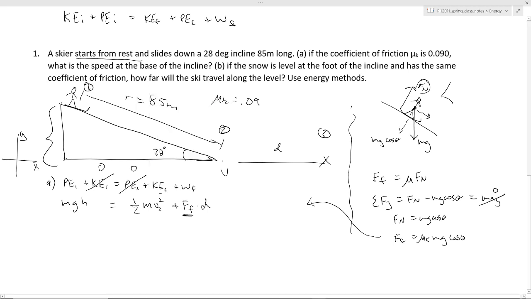Then h here would be r sine theta. So putting these ingredients in, we'd have mg r sine theta is going to equal 1/2 m v2 squared plus our force of friction, mu k mg cosine theta,